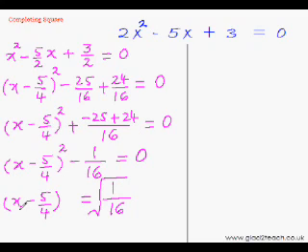So this means x minus 5 by 4 is equal to plus minus 1 over 4, as the square root of 1 over 16 is 1 over 4. As the square of both 1 over 4 and minus 1 over 4 is 1 over 16. And finally, we have managed to get this simple linear equation, which we can solve to get the two roots